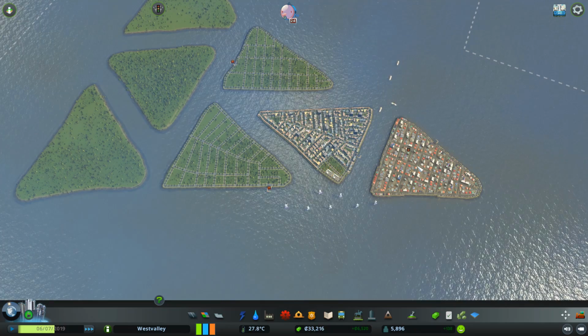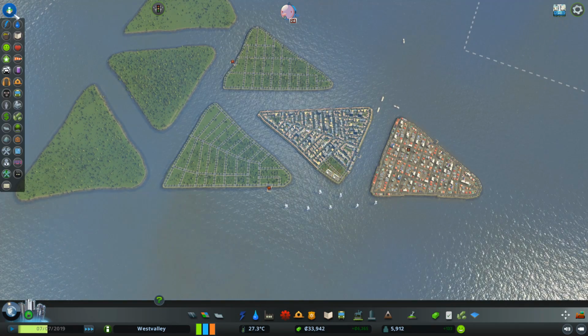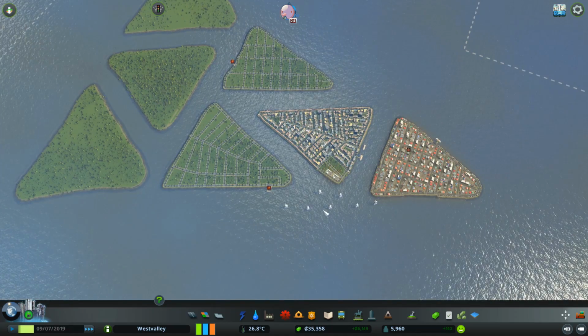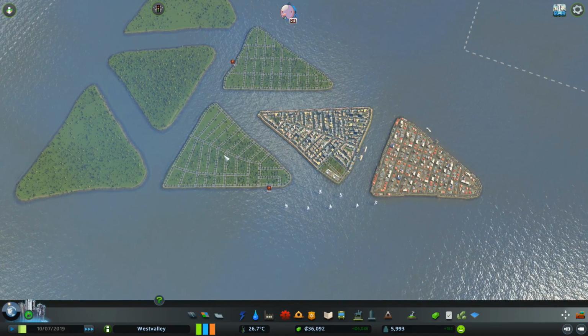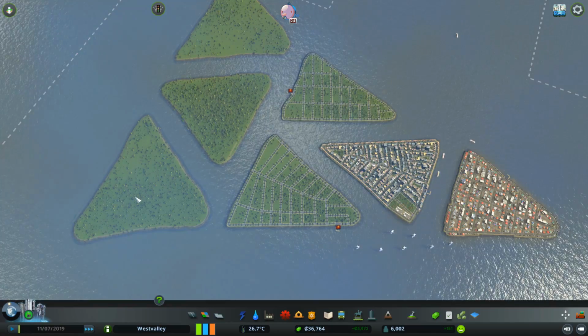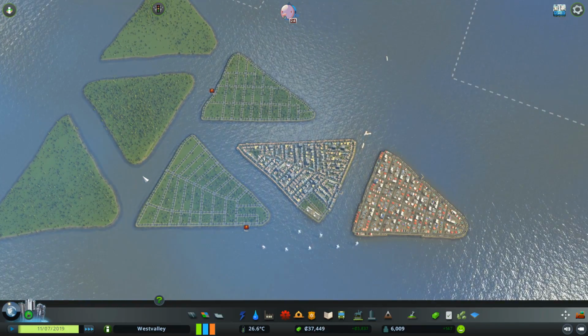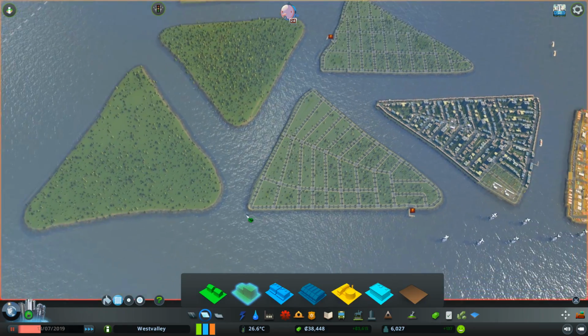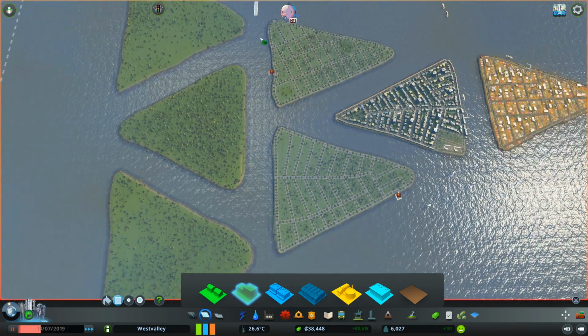So, industrial. When it comes to jobs, how are they? 5% employment. Wow. Okay. So if you have these two islands residential and then an island for commercial, an island for offices, that should handle all of our jobs. Hopefully. I'm praying. So we'll make these two islands here